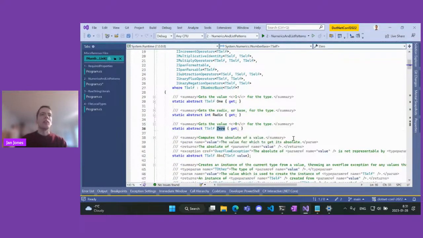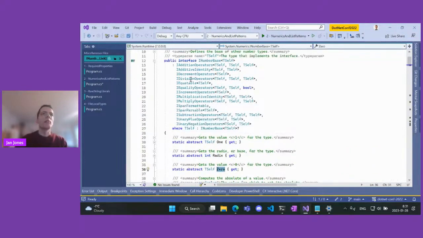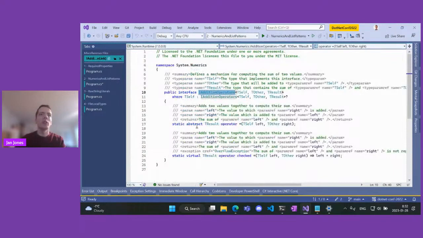For example, there is this abstract member 0, and previously we were in addition operators, so we have plus, and there's actually also one new feature where you can define checked plus operator separately, which is a plus that will be used if you are in checked context. By default, it just calls the normal unchecked operator plus. Sorry. So yeah, that's just another feature that was implemented as part of generic math in .NET and C#.